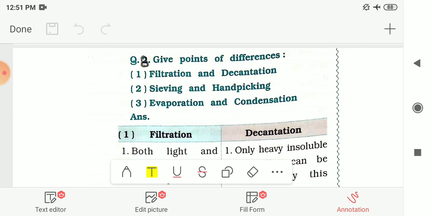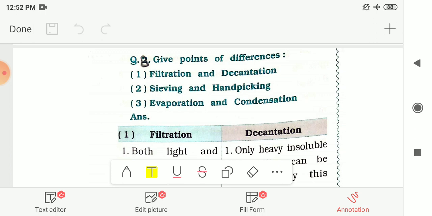Then the next method we had seen was decantation. In a mixture of sand and water, the heavier sand particles settle down at the bottom of the container and the water can be poured out. So this process is known as decantation. Then after, we had seen evaporation.